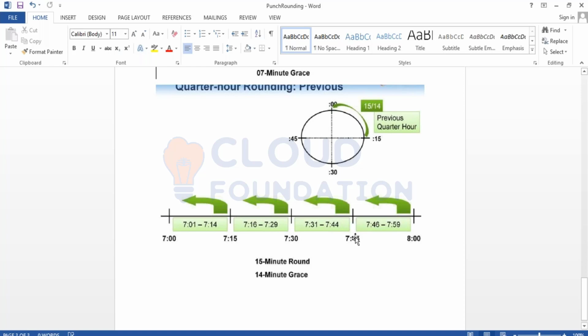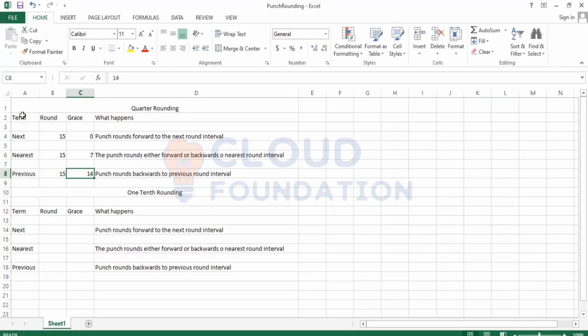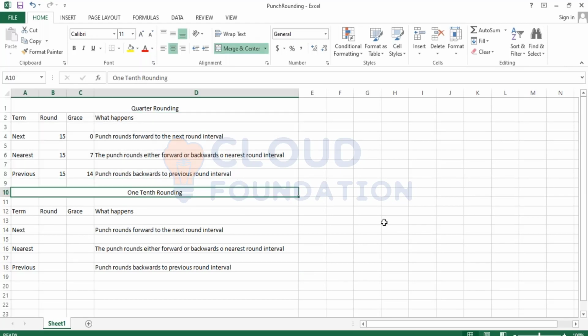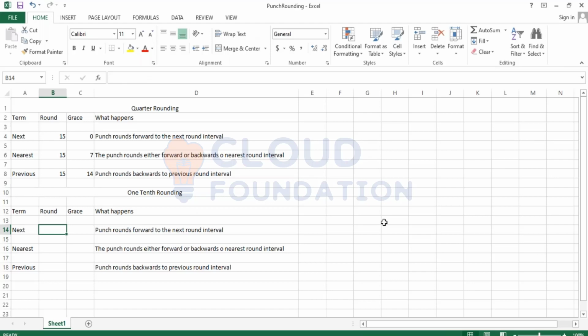So this is the basic definition, and while you're setting up, there won't be next, nearest, or previous. So we have to visualize which would suit our situation, and we will have to make the change. So I'll give you a small task. This is for 1/4 rounding. So I have 1/10 rounding, which means my round is going to be 6. Can you tell me what the grace value is